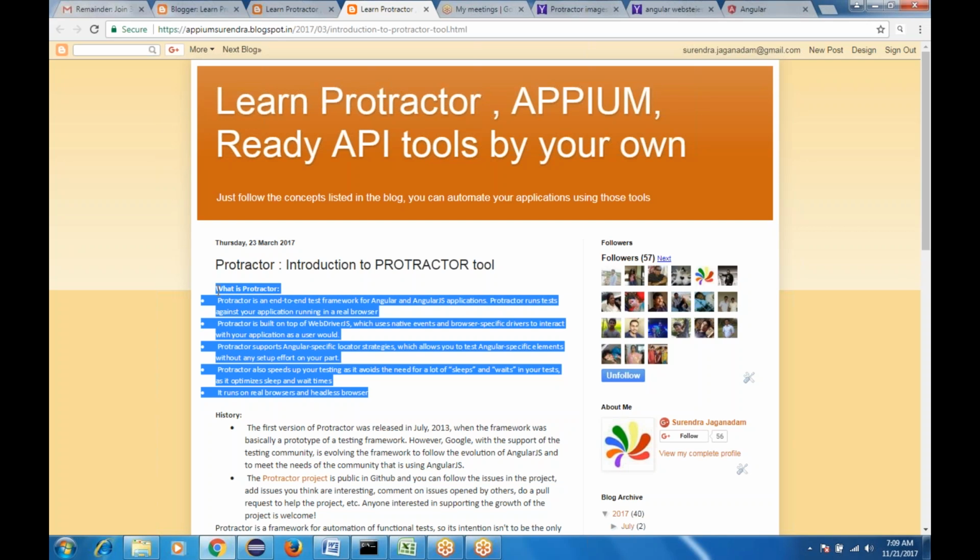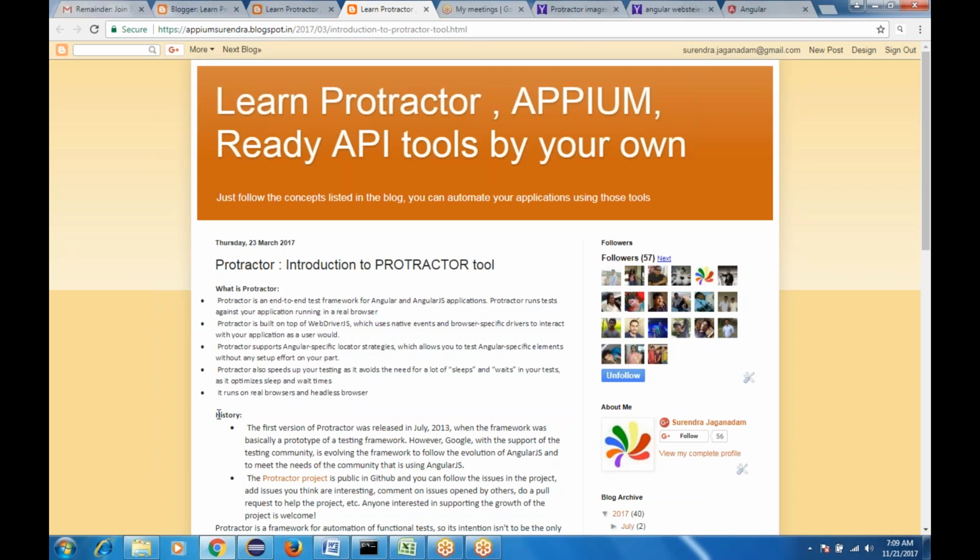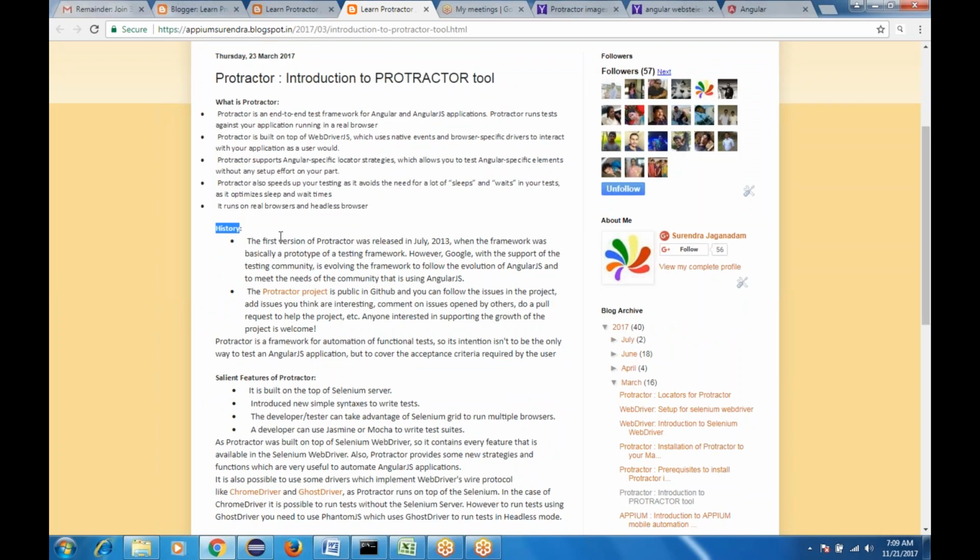So the next point is the history of this tool. The first version of Protractor was released in 2013. For the past 4 years, the majority of people have been looking for skill sets in this particular tool. The framework was basically a prototype of a testing framework; however, Google, with the support of the testing community, is evolving the framework to follow the evolution of AngularJS and to meet the needs of the community that